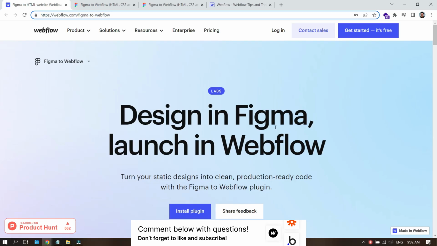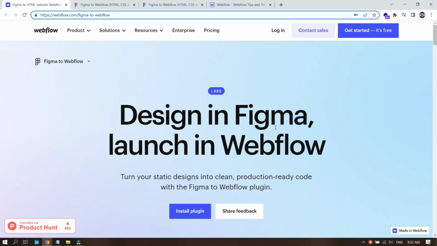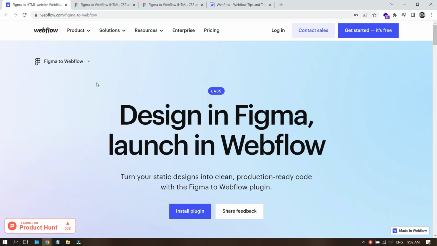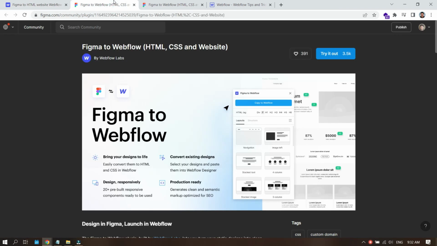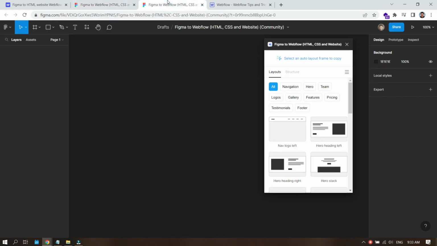Hi, so let's start connecting our Figma design with Webflow using Webflow plugin. So go to this link, Figma to Webflow, right, from webflow.com, and you will see something like this. When you click on this install plugin, you will redirect to this page where you need to click on this try it out. When you click on this try it out, they will take you to this page where they will ask you to authorize your Webflow